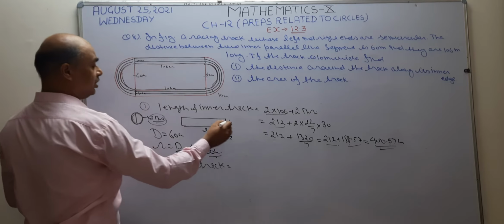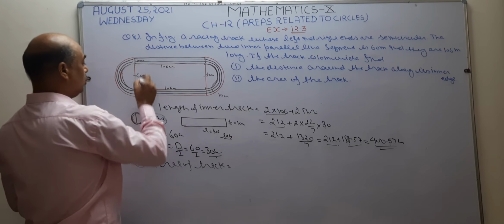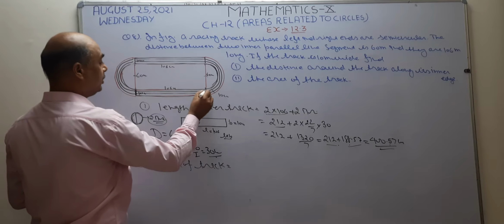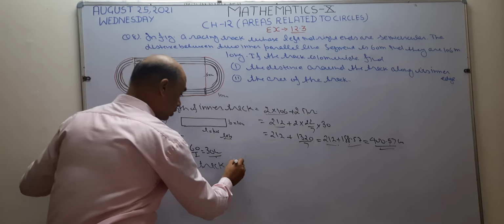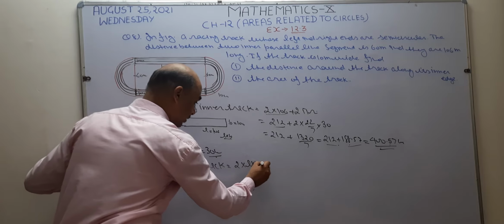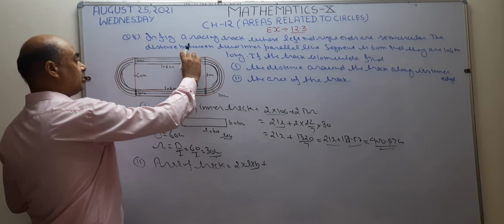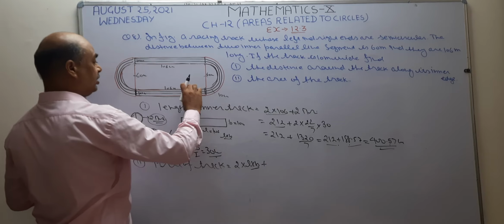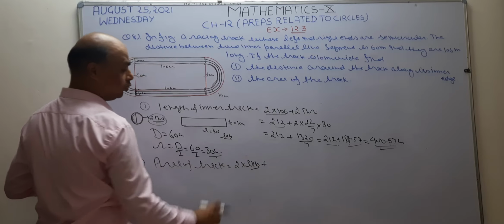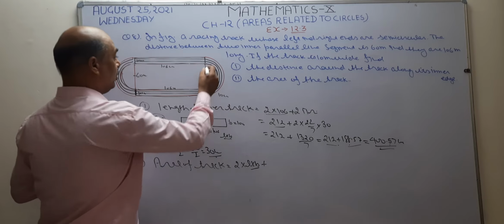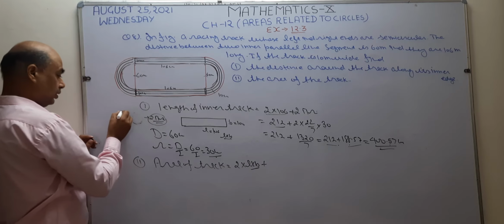Now in this question, breadth is 10 and length is given as 106. So this is going to remain the same. This is also a rectangular part. So right here, area of track equals 2 times L into breadth, because 2 rectangles are there. The area of this rectangle is L into B. The area of this rectangle is also L into B. Both are the same. So I will write here 2 times L into B, area of rectangle. Now what is left? This portion is left.